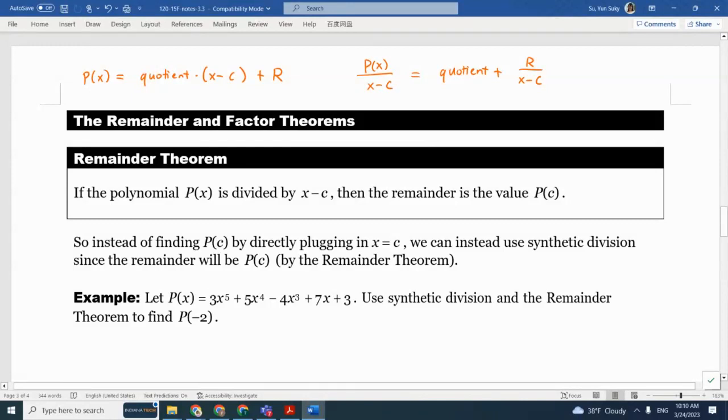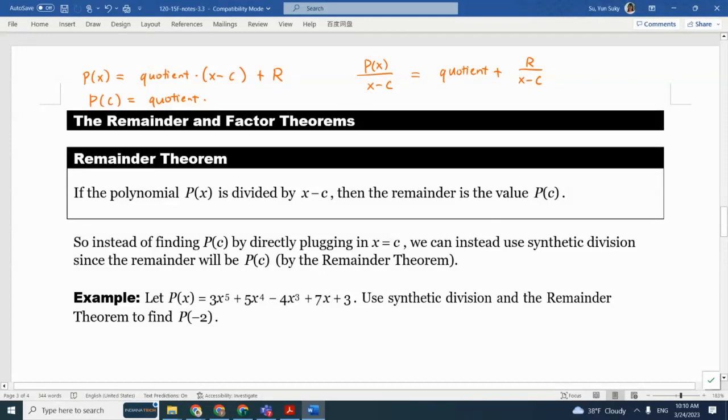Right, everybody? This is what happens if we multiply both sides by x minus c. Yes, everybody? So here x minus c cancel. Quotient times x minus c. And then here, you multiply by x minus c. You get the r. Now, if we plug in c, you see you get quotient